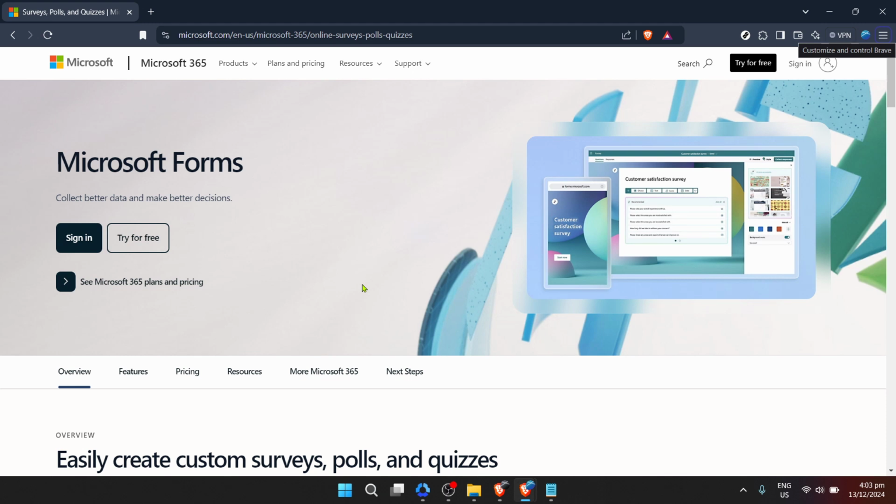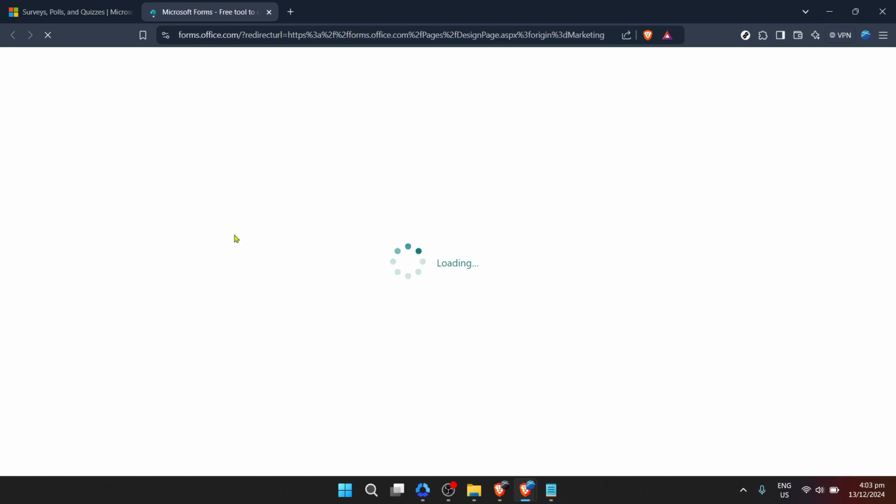First and foremost, navigate to Microsoft Forms. This might seem like a straightforward step, but it's the gateway to all the productivity tools Microsoft has to offer, and Forms is no exception. Once there, you'll be greeted by a sign-in prompt. Go ahead and click on that. It's essential to sign into your account to access your forms and ensure all changes are saved and synced correctly